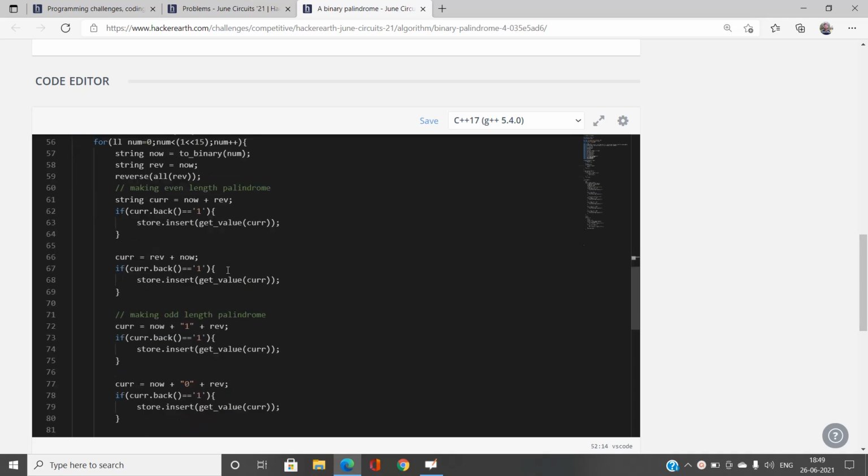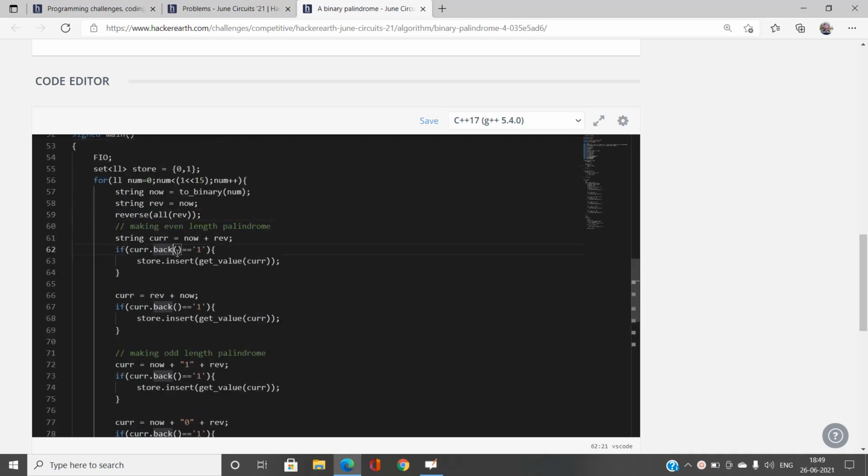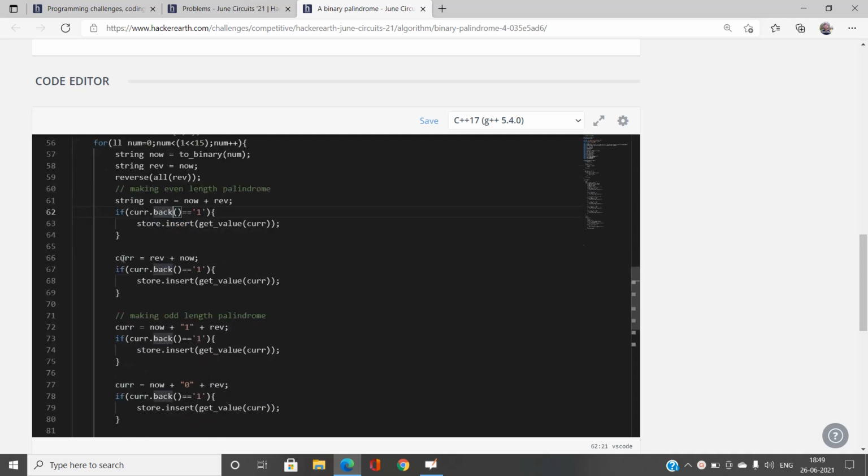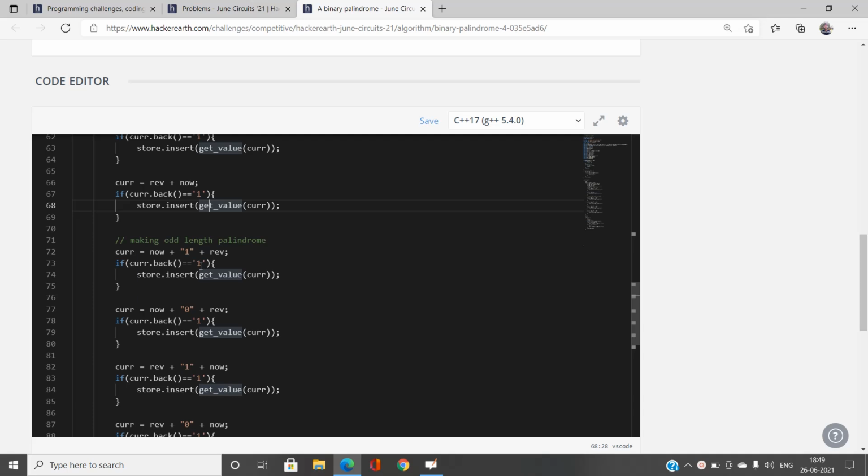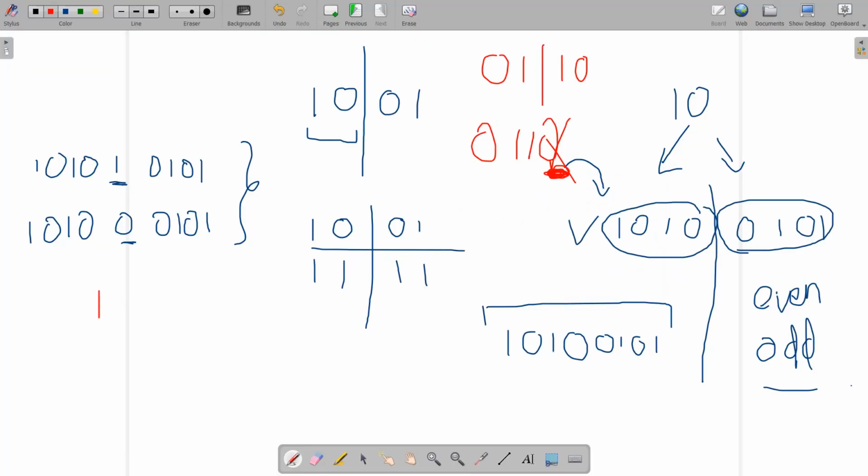The rest of the case is similar again. First I've taken num plus reverse, then I'm going to take reverse plus num, because we need to consider all the cases, right? I can explain it like this: we have 10, you can also take 01. If you have 01, and you try to take 10, then this is not possible, so this is possible.